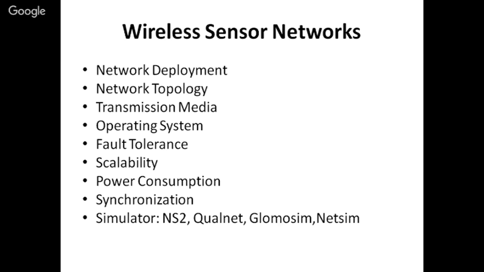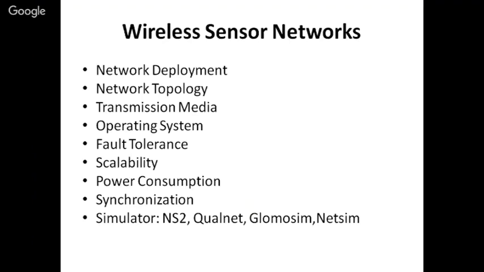We also want our network to be scalable. Suppose one network has already been deployed, but it is covering only an area of, say, 5 kilometers. We can increase the range of the network by further deploying some more sensors, and the new sensors will form a topology or a network with the existing one also. In this way we can make our network more scalable, and for this we want to propose some algorithms or new technologies or some way out through which we can do this.